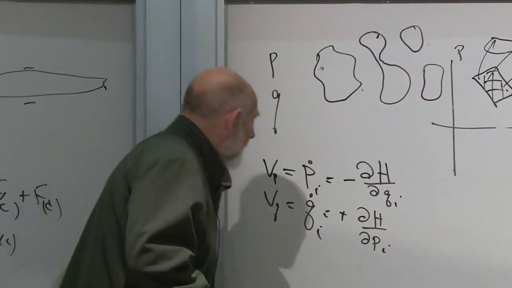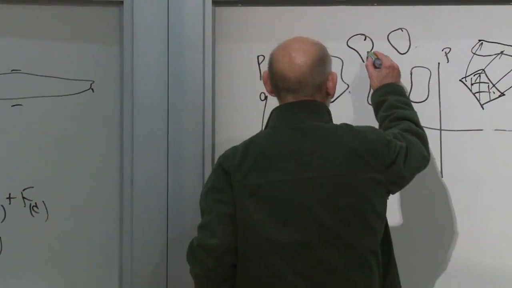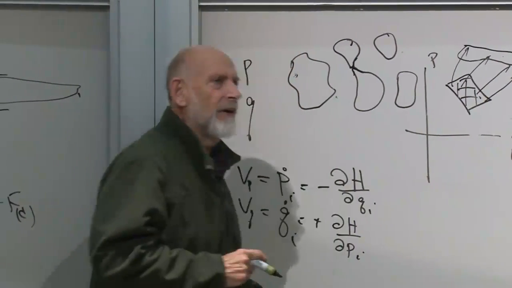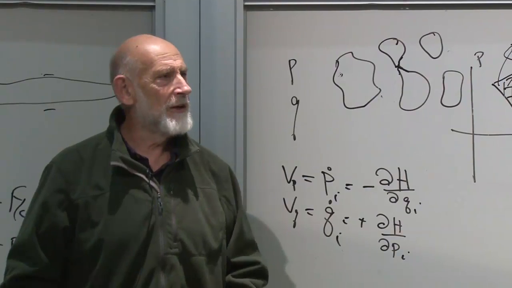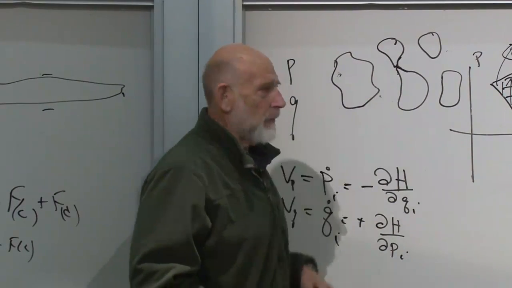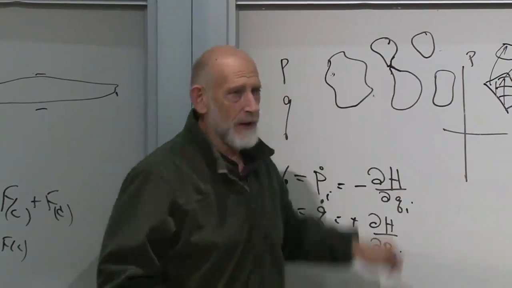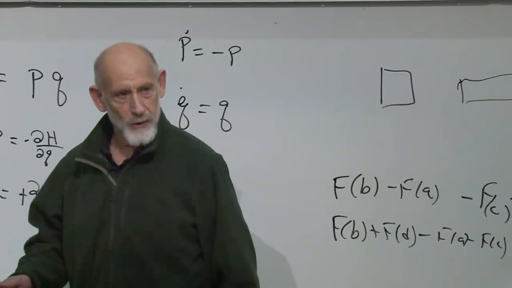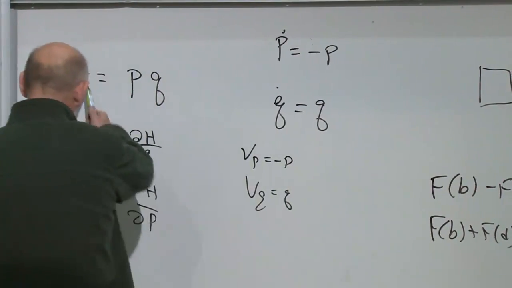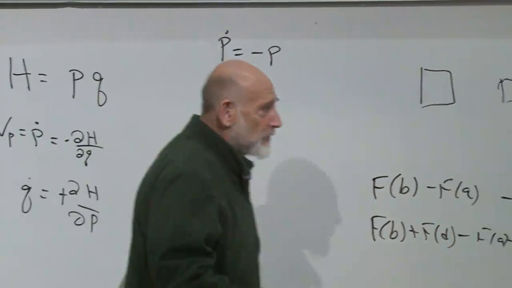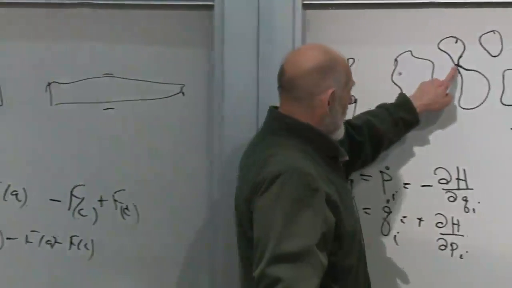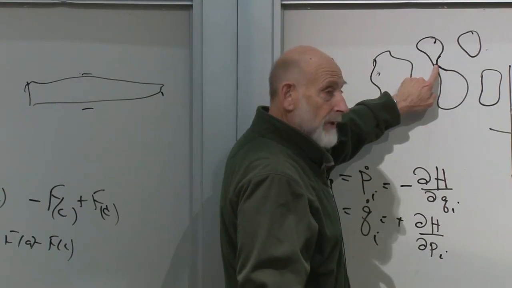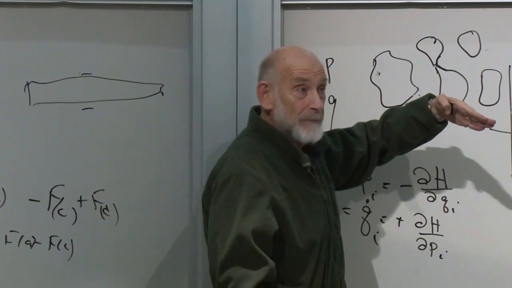The way you prove it is by going to the point where it's just barely touching. And then you go to that point right over there, and you say, which way does that point go? Does it go this way, or does it go that way? It's the same point in phase space, and the direction that it goes in is not ambiguous. It is determined by the Hamiltonian, and it only gets to go in one direction. So because all points are completely deterministic in where they go, it can't split.